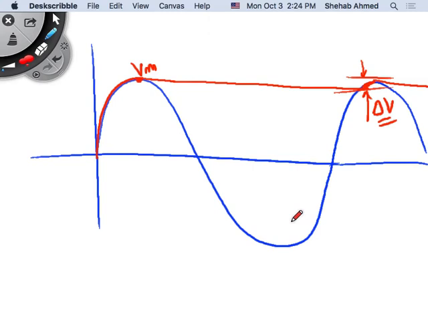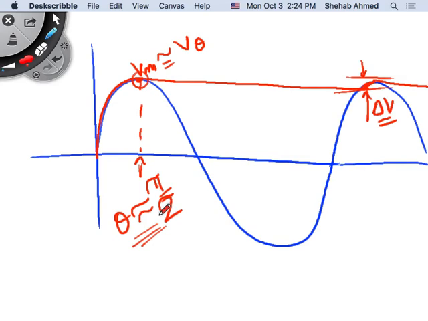right? So if the ripple is small, they're saying that when they go through the mathematical manipulation of that equation, in the case where the ripple is small, which is typically what you're trying to do, you're always trying to make 5%, 2%, 3% ripple. If you do that, then remember V theta was the point where the two slopes became different. Where is V theta here? Very close to Vmax, right? Where is theta? Theta is very close to pi over 2, right? When theta is close to pi over 2,